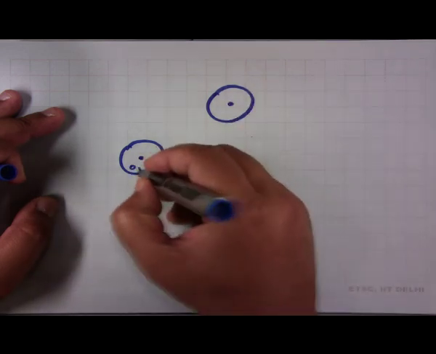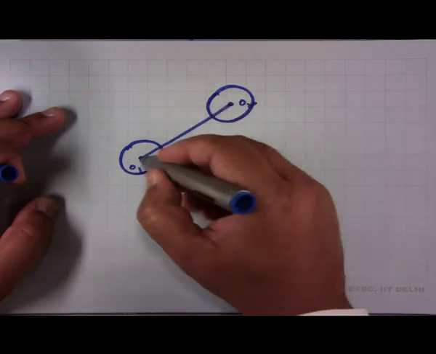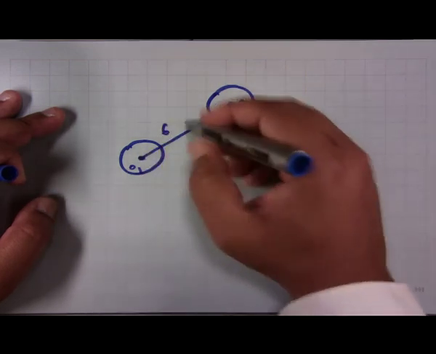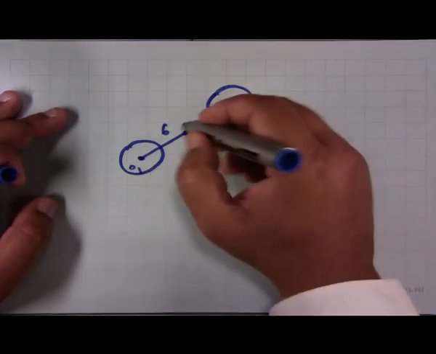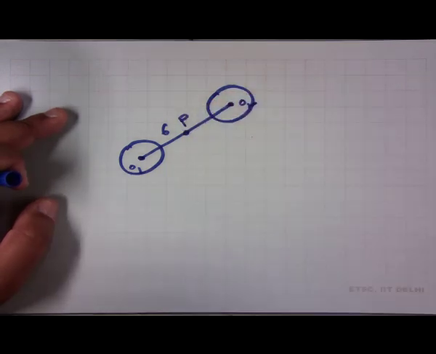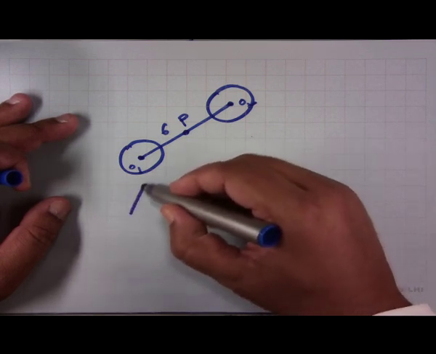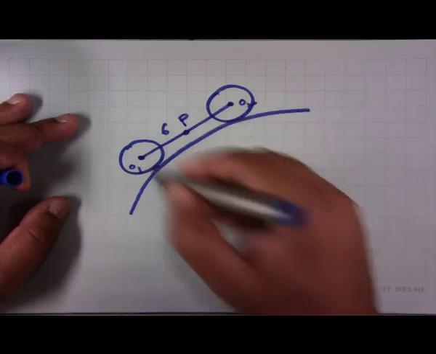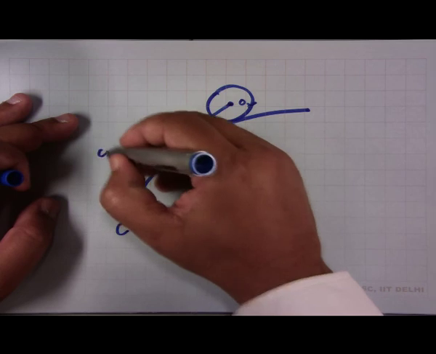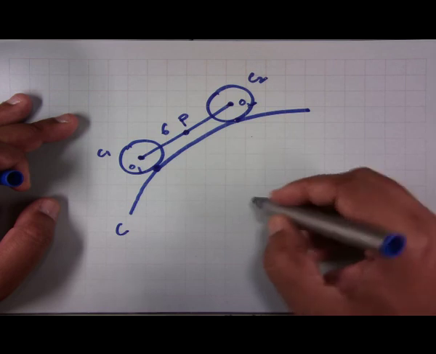Let us say O1 and O2 are the centers, and the distance between the two centers is 6 units. The midpoint of this line segment O1 O2 is denoted by the point P, and then it is said that there is another circle C which touches both these circles C1 and C2. So, let this be circle C, and it touches C1 at this point and C2 at this point, and let us say that